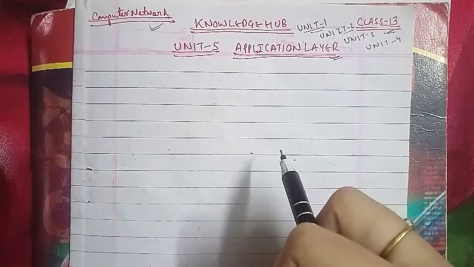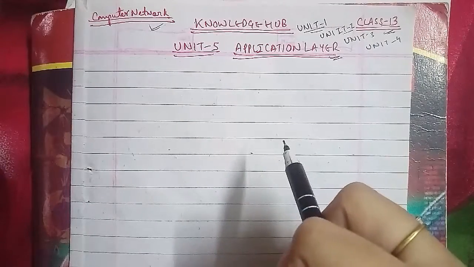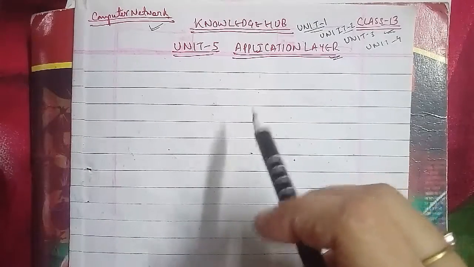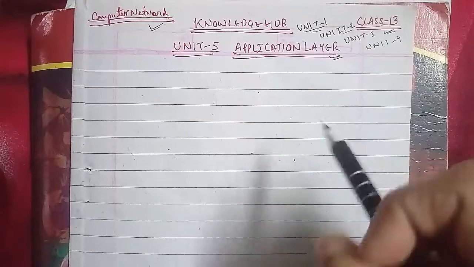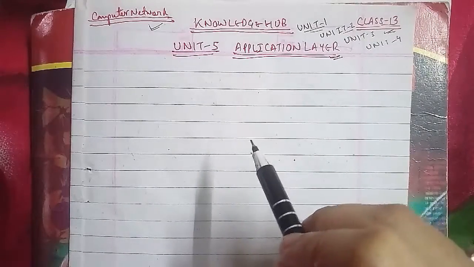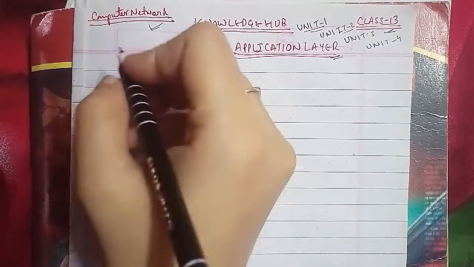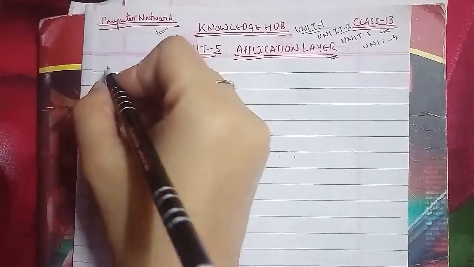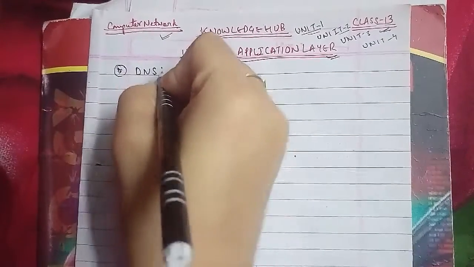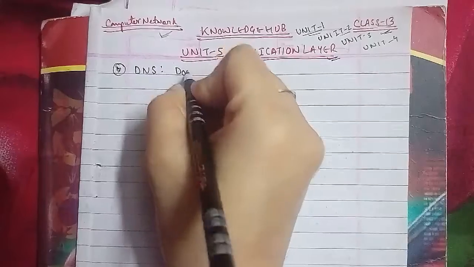Let's go ahead and discuss the application layer, where we'll discuss the domain name system. The domain name system stands for DNS. In the application layer, we start with the domain name system, which is the full form of DNS, which stands for domain name